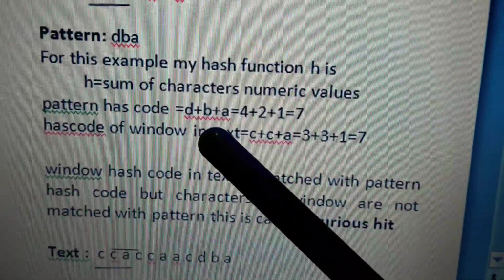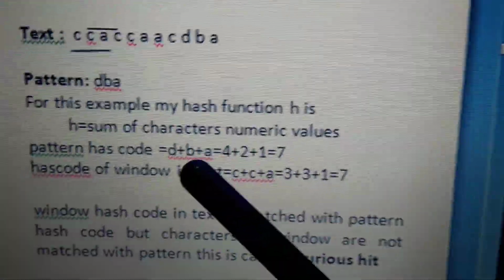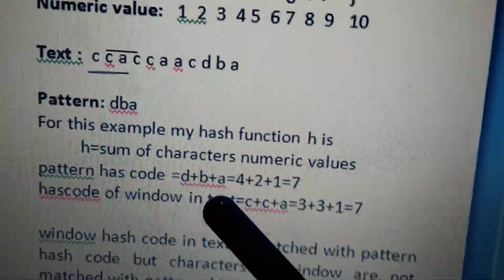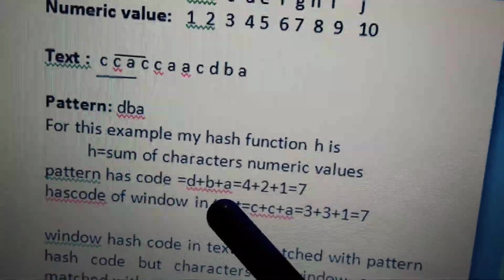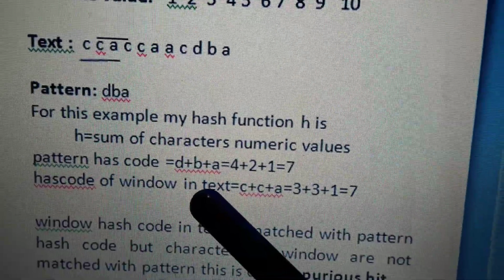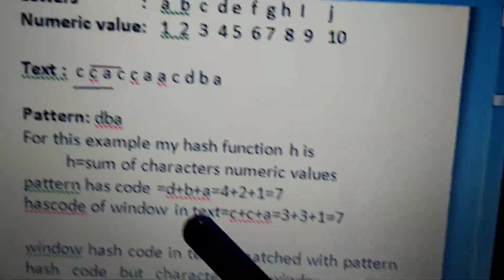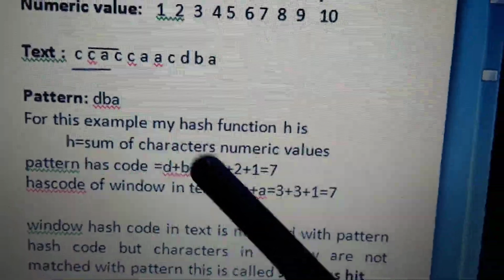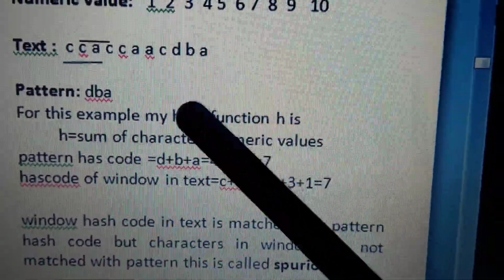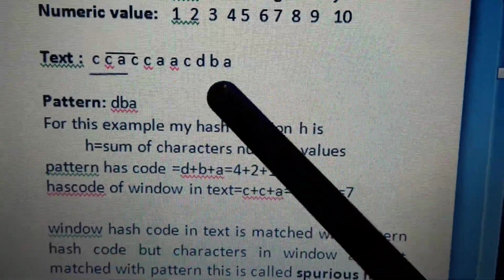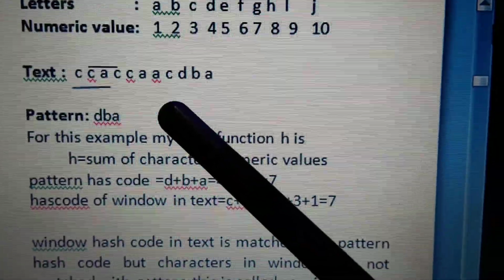In this example, I have given a hash code which is the sum of the individual digits, the decimal values of the text.